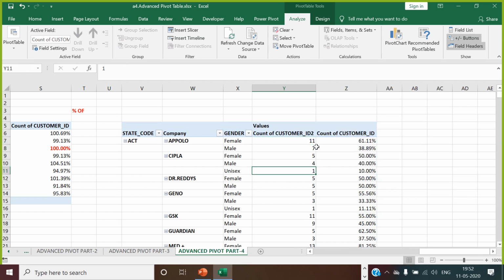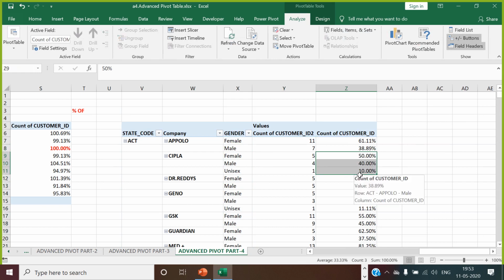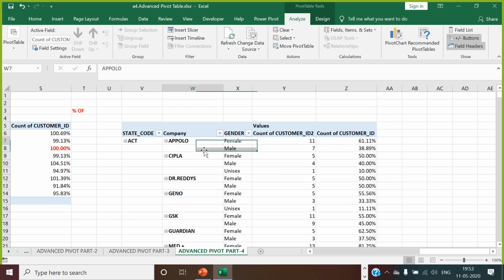So now you can see the total base is 118. Apollo gender base male and female. You are saying female is 61%, male is coming 38.989%. Same thing for here. Female, male and unisex is saying 50%, 40%, 10%, which is how it is given as 100%. So this is called percentage of the parent total. In this case, your parent is going to be your company.